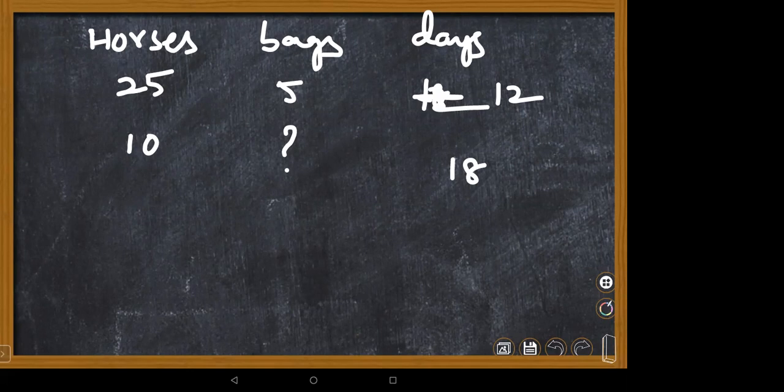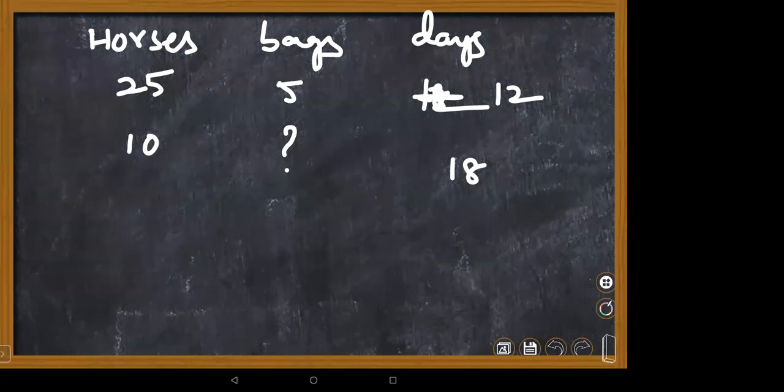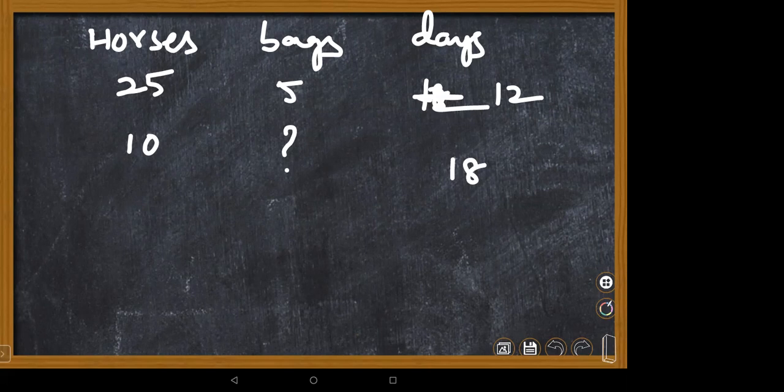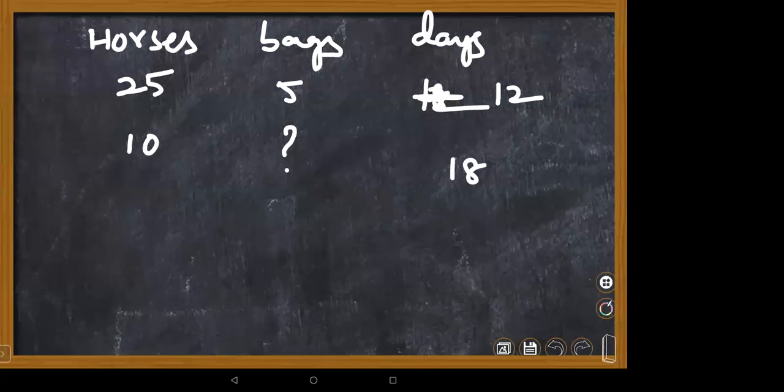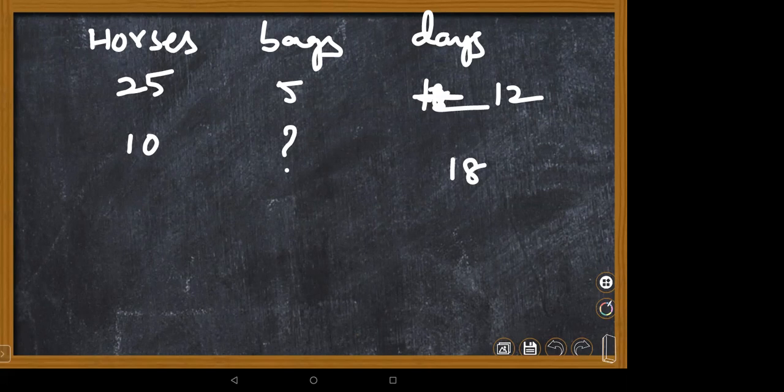It's like an indirect rate: as the number of horses increases, the days the food will be available will decrease. No, I'm asking about horses. Less days means less corn they will consume, right? More days, more corn utilized. More horses means more corn will be eaten. So here horses are decreased, days increased, ultimately.